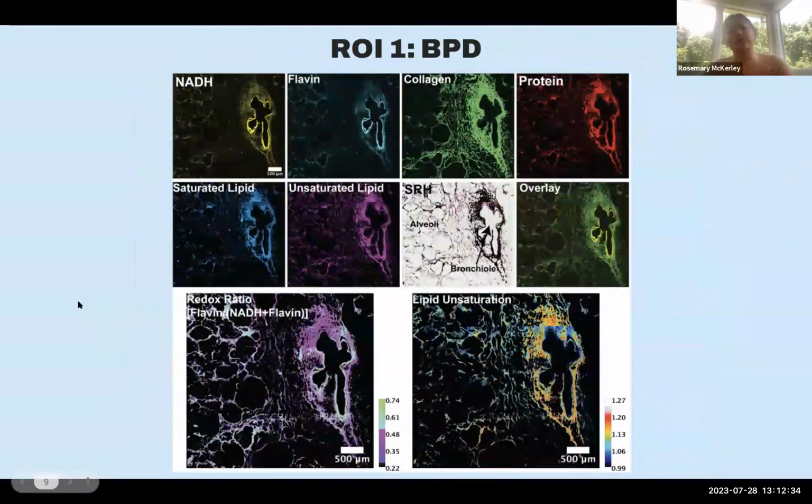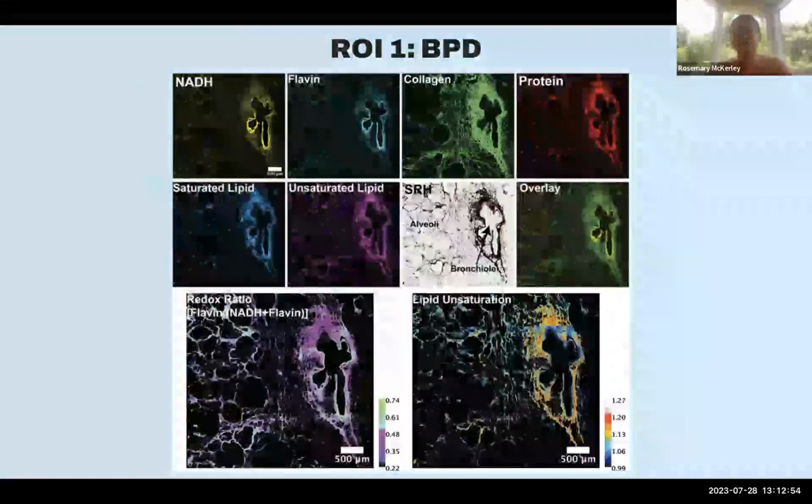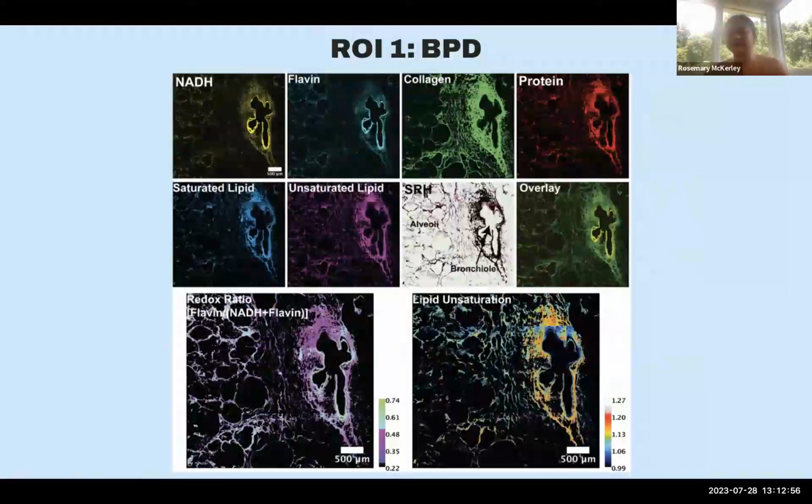And then this is the bronchiole of the BPD sample. You can tell just by looking at the NADH and the flavin signals that those are much closer in intensity than the other two were. And then that's confirmed by the redox ratio, where we see that the ratio is around 0.48 to 0.61. It varies in the different areas, but that's much higher than the 0.26 to 0.3 that we saw